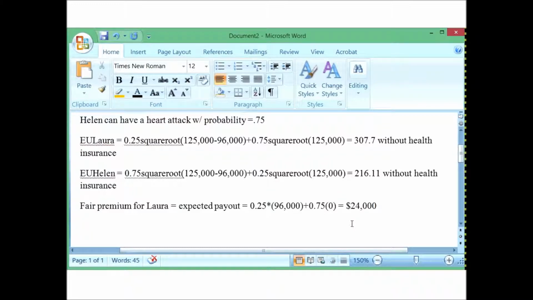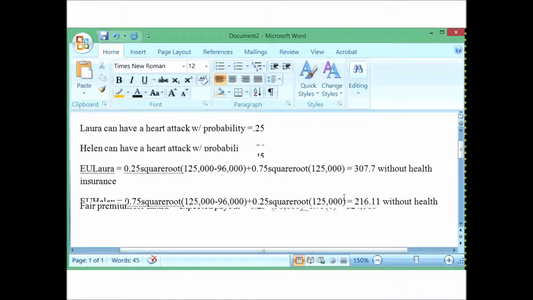And I think last time we discussed that an insurance company that's profitable will not charge $24,000. Because if my expected expenses are $24,000, then I want to charge more than that in order to make a profit and cover administrative fees as well as taxes. Okay, and then they ask if she was charged a fair premium of $24,000, would she accept